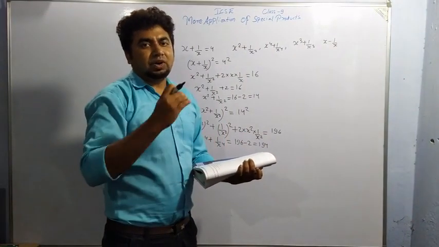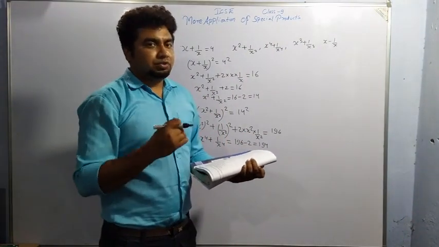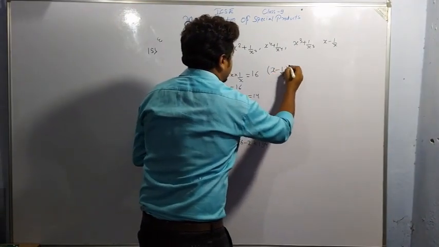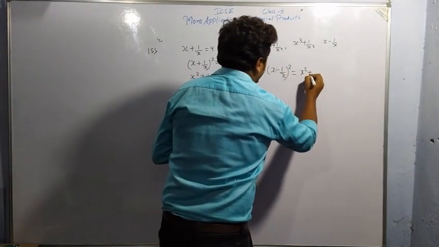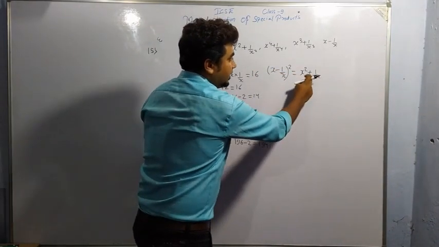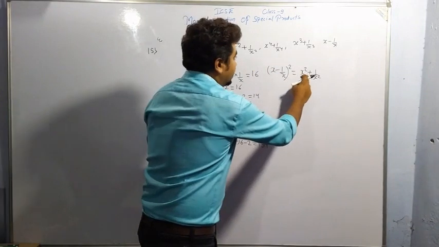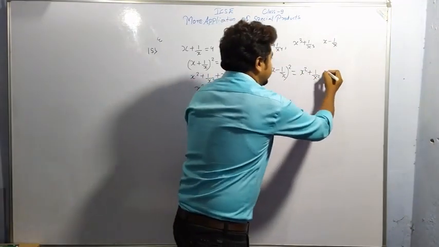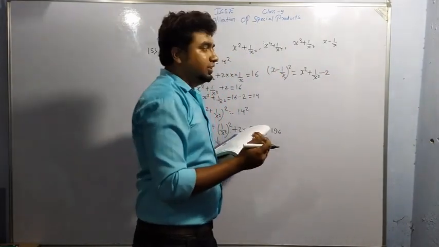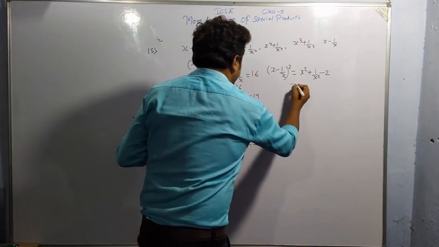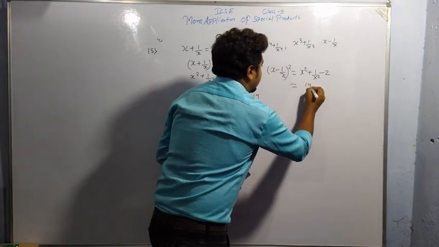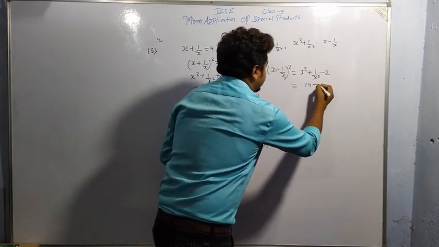Means we'll be finding first the square of x minus 1 by x. So x minus 1 by x whole square is equal to x square plus 1 by x square. I am once again repeating that here it is minus and is given. Don't write here minus 1 by x square. We have to write a square plus b square and then minus 2, as x and 1 by x will be cancelled. So from here we know the value of x square plus 1 by x square is equal to 14, and this value we know is minus 2.